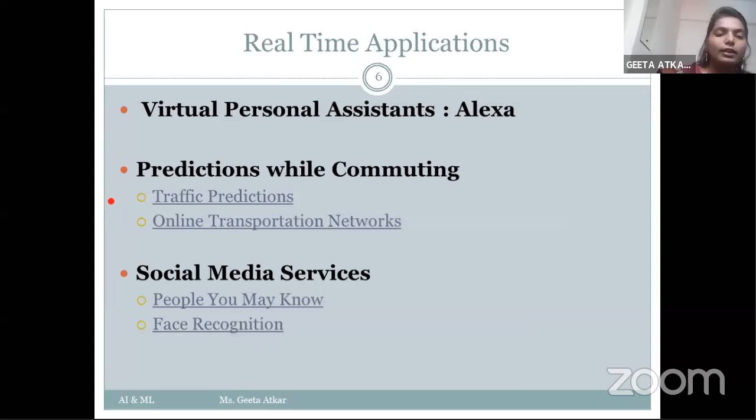Whatever data Alexa is trained with, it is helpful not only for songs but for any number of things. For example, if I want to get up in the morning at 6 o'clock, I can say to Alexa, please wake me up in the morning at 6 o'clock, and it will automatically give me an alarm that you have to get up now. This is one example. And currently there are traffic prediction systems, which are used under machine learning. Traffic prediction systems are used normally for